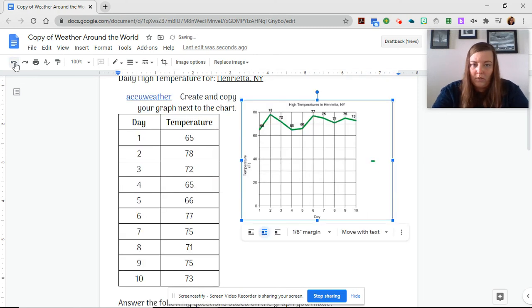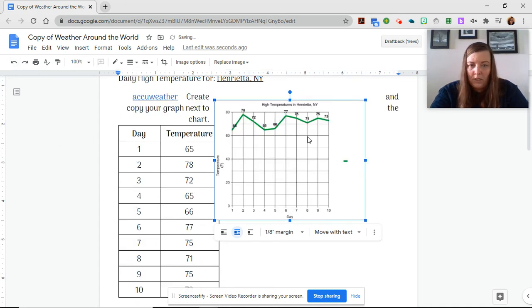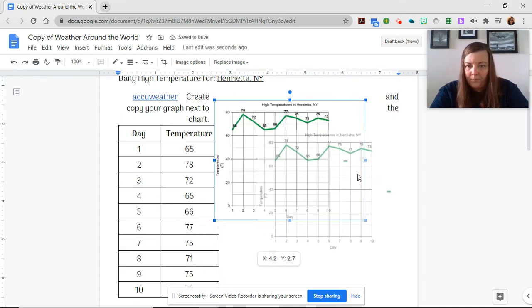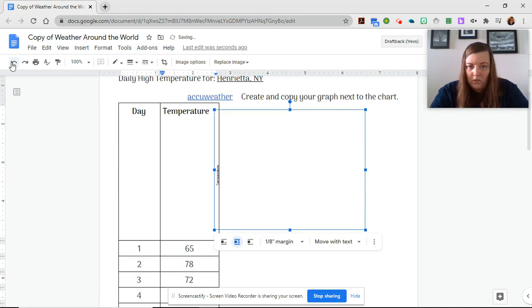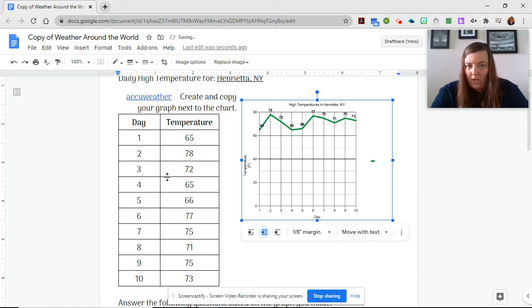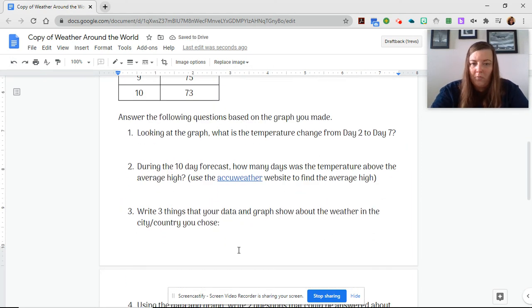All right, so sometimes, the tool doesn't always do what we want it to, and that's okay. We make the best out of the situation. So I'm going to undo it to here. That's good enough. I have my graph. And then the next part would be me answering the questions. So that's how you make a graph online using the tool that I